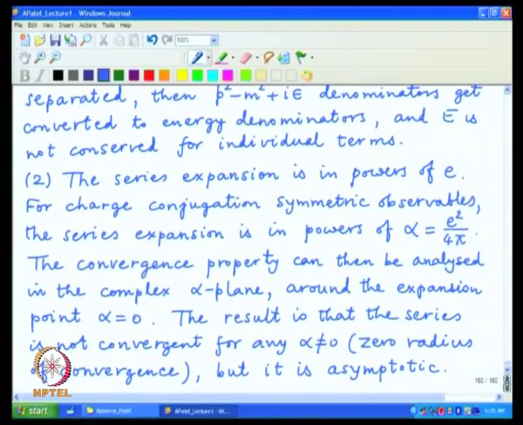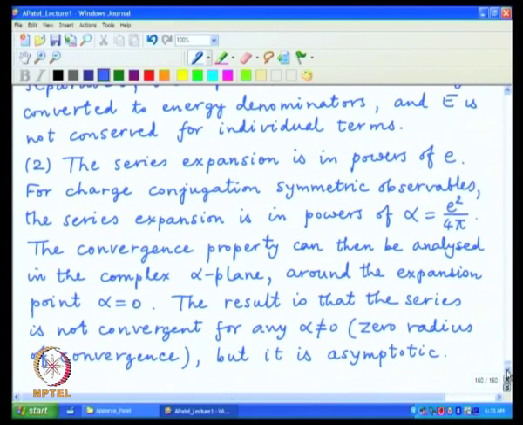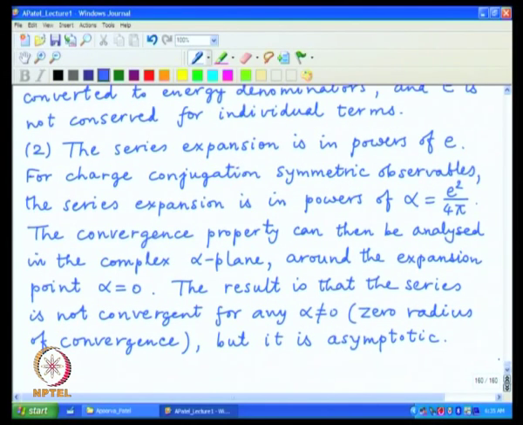But it has another name, which is that the series is asymptotic. And we have to understand these features in a little bit of detail, why it is so, but a quick answer is that